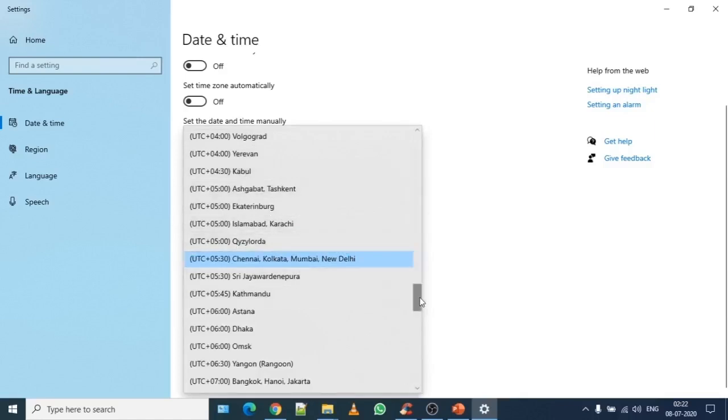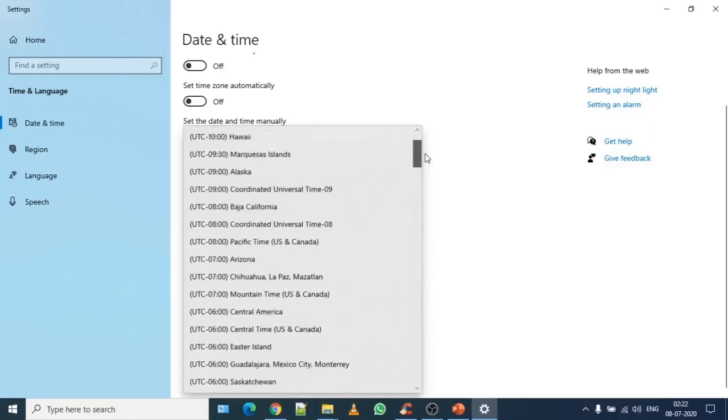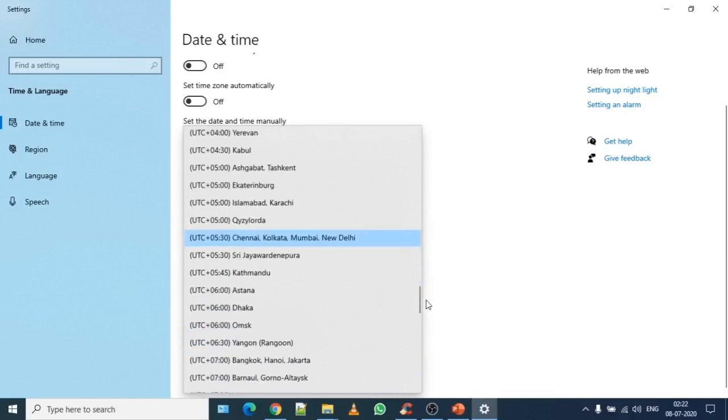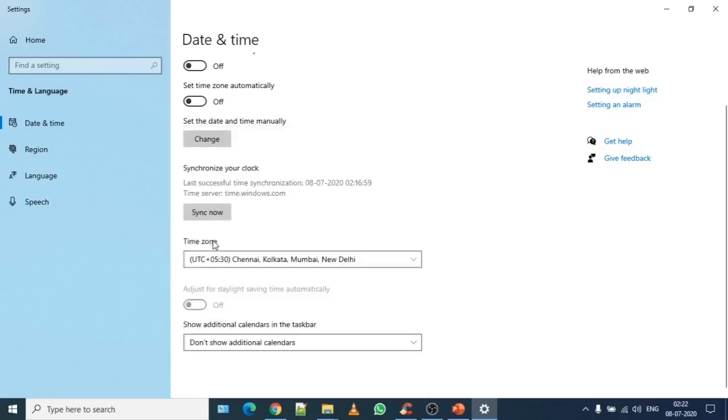If you scroll up and scroll down, as I said, India is set to plus 5:30 hours after universal time. Once you find this section, simply click on it, and once you select the correct time zone, it will automatically make the changes, and that date and time along with time zone will reflect on this area.